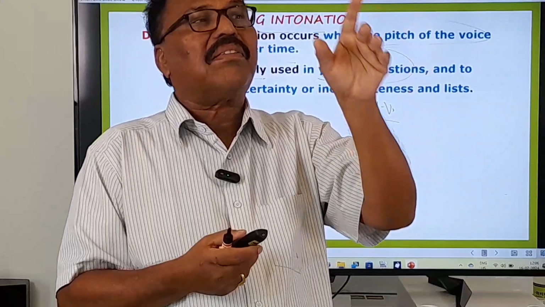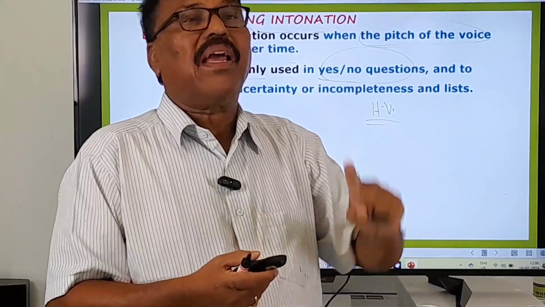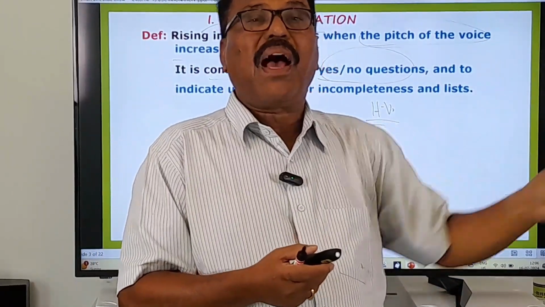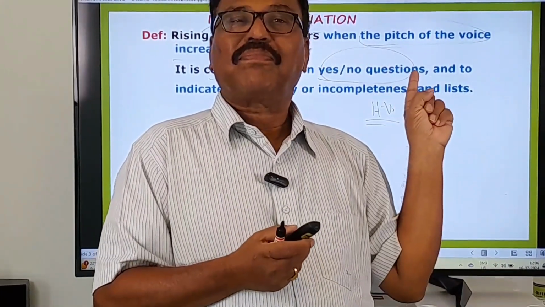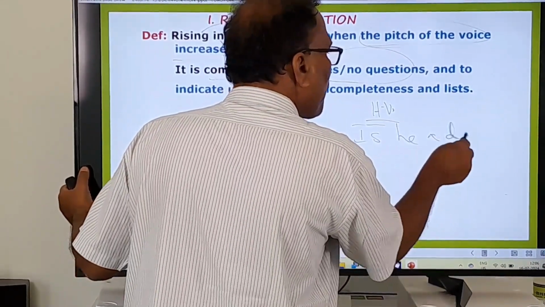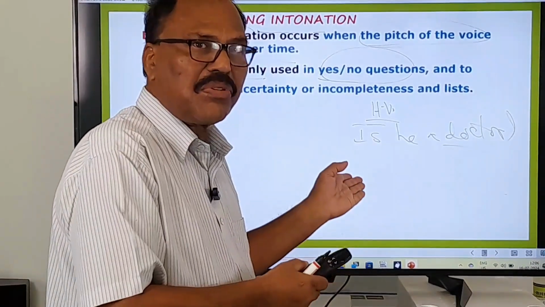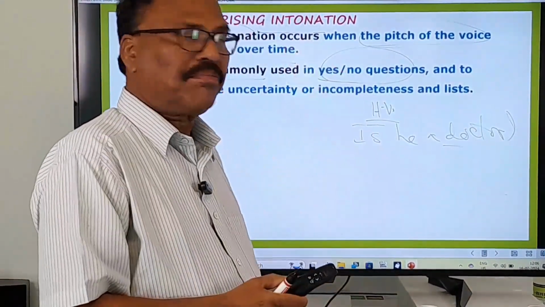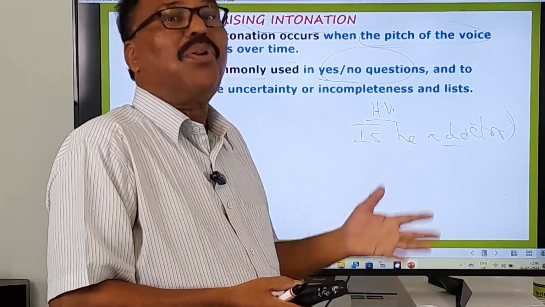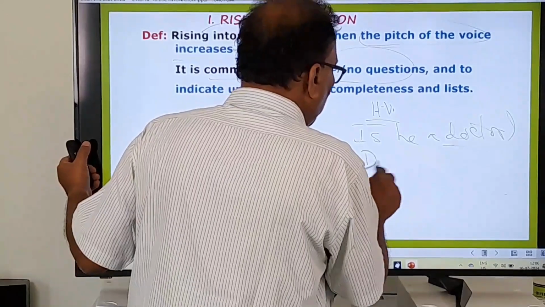And whenever the sentence begins with any one of them, that is called a yes/no question. It is because the answer to these questions will be either yes or no. For example, here I'll give you, is he a doctor? Is he a doctor? When I say this, the answer to this question will be either yes or no only. Is he a doctor? Yes, he is a doctor. If he is not a doctor, then you say, no, he is not a doctor. Okay, one more example. Do you smoke?